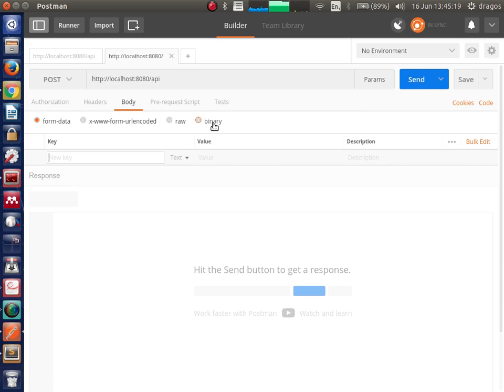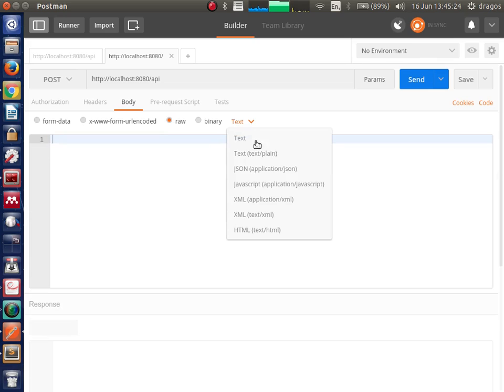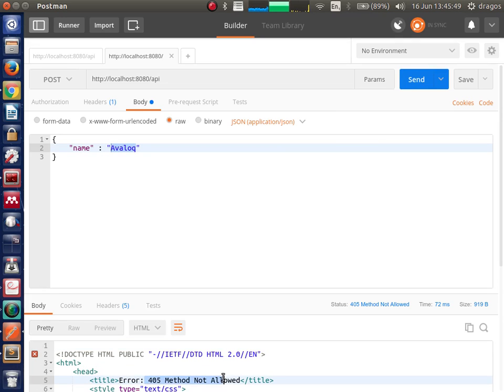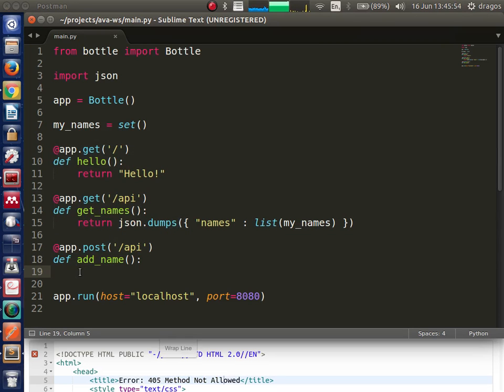And now we will send our name in JSON format. JSON, and it will look something like this. Name and the value, let's call it Avaloq. So JSON is simply a collection of key value pairs. So in this case, the key is name and the value is Avaloq. And if we send this to our web server, it says method not allowed because we haven't actually implemented this yet. So if we go here and implement,